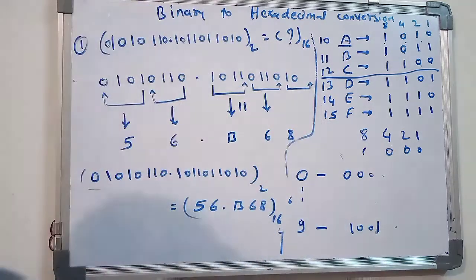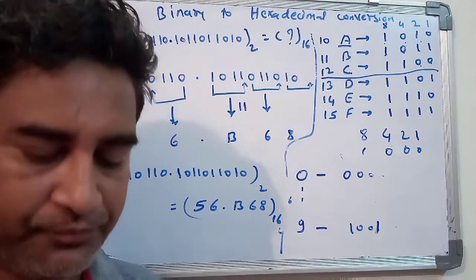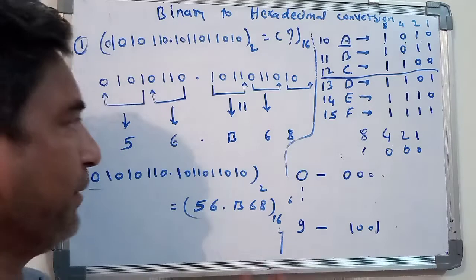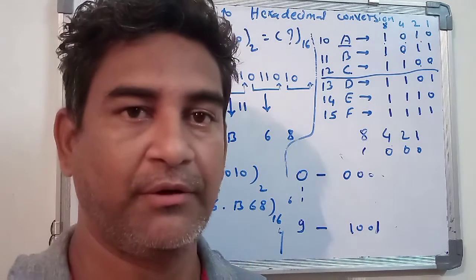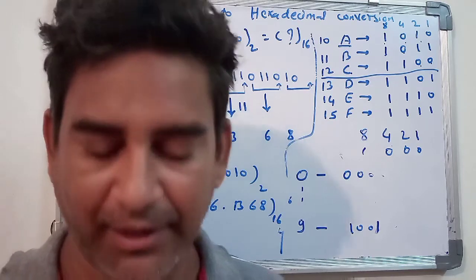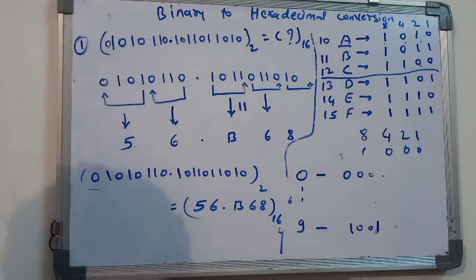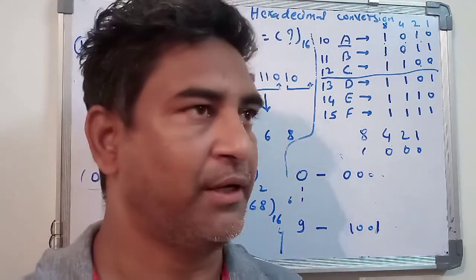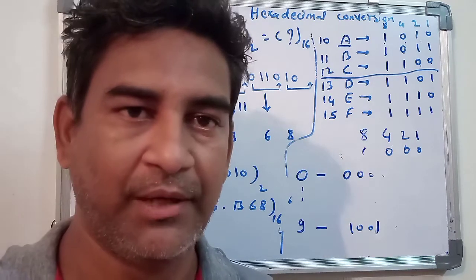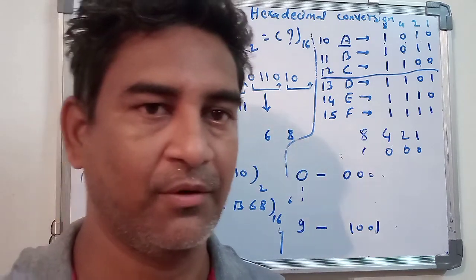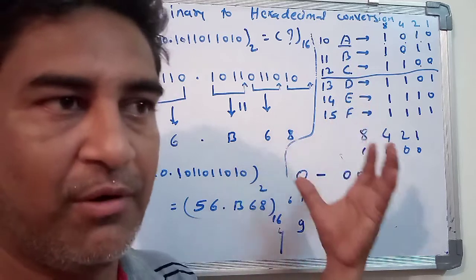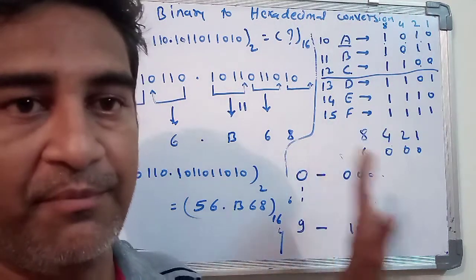Okay, students. Now I will give you some homework later on. After this, there is one thing in your textbook: a small theory that hexadecimal numbers require fewer bits. You have to read that theory, because in your examination, if they ask for some theory, you have to write it down. But the main thing is the problem. This problem is being explained like this, and you have to solve it in the same way in your examination.